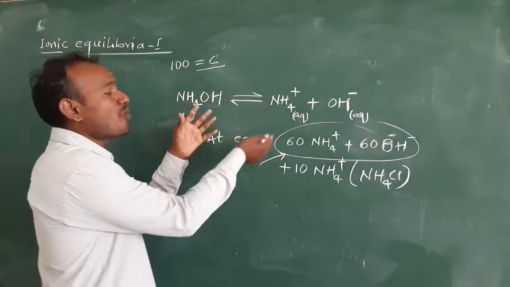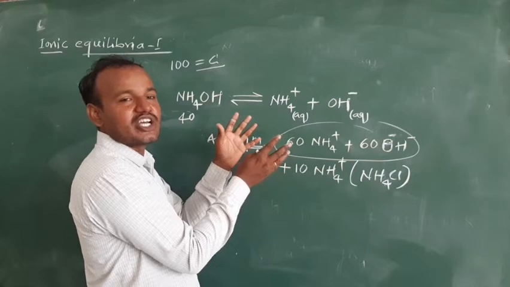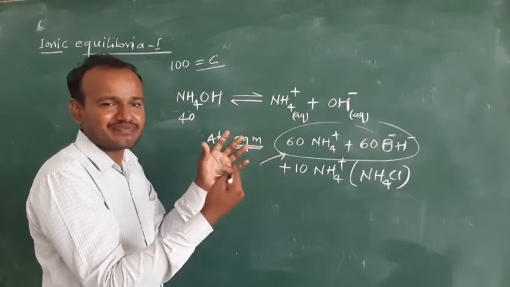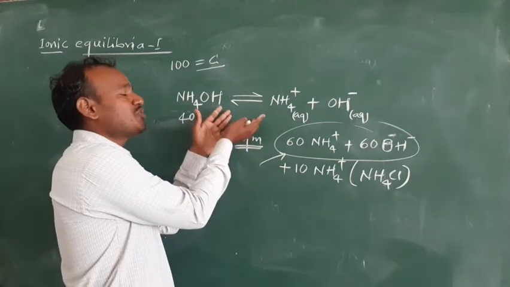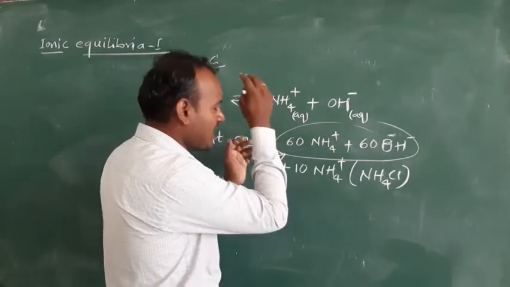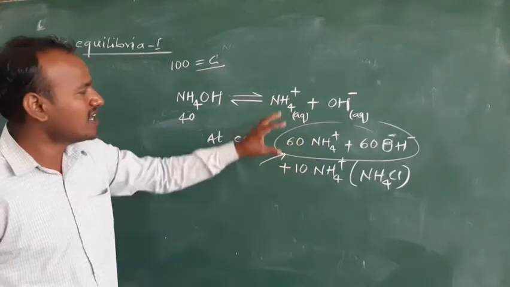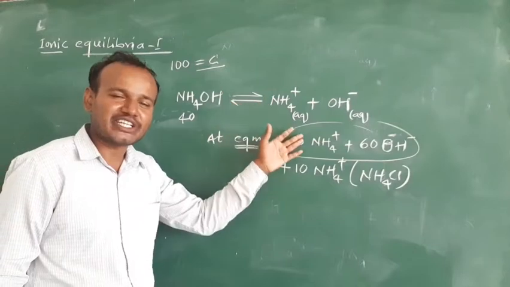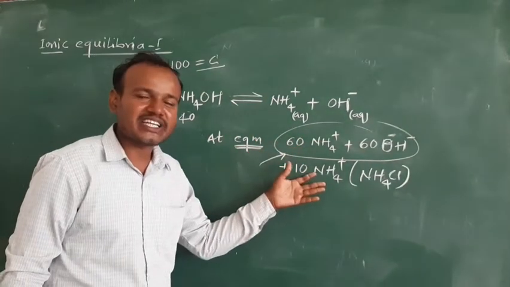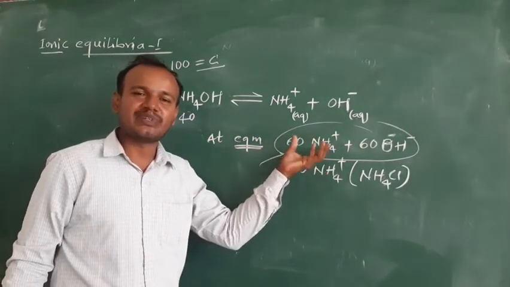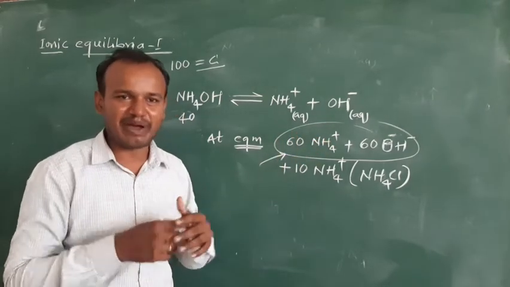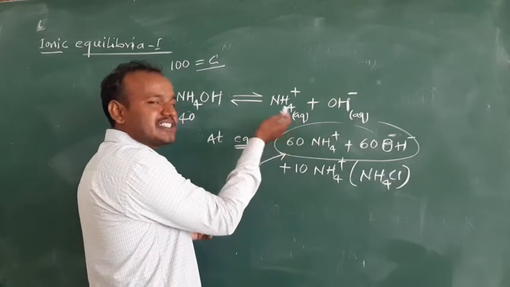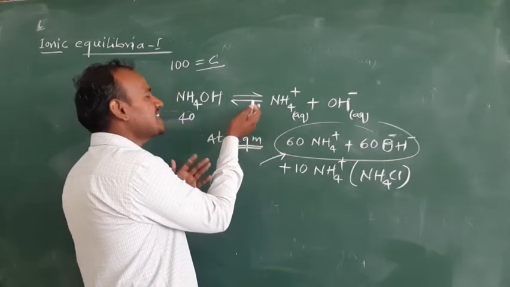This equilibrium always wants to resist this change. It wants to regain its original state, either by shifting the equilibrium to the left side or to the right side. So what's the situation here? There are 70 NH4+ ions; before it was 60 at equilibrium. When I add 10 NH4+ ions, indirectly I have disturbed this equilibrium by varying the concentration. So in order to have 60 NH4+ ions again, whether the reaction shifts in